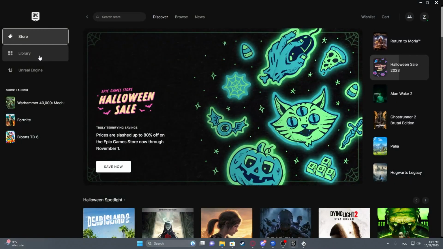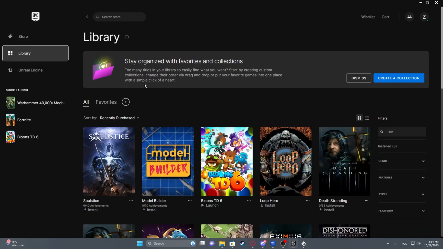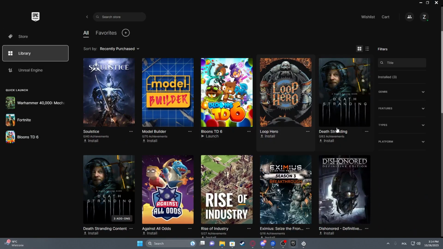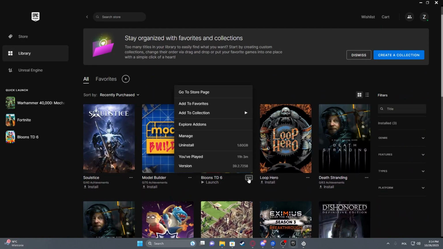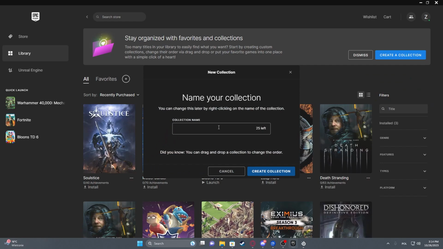To do this, first we'll need to open our library, then find whichever games you want to add to your collection. Click on the three dots on the game banner and then add to collection, create new collection, or if you already made a new collection, then select whichever one you want to add this game to. Now I'm going to create a new one